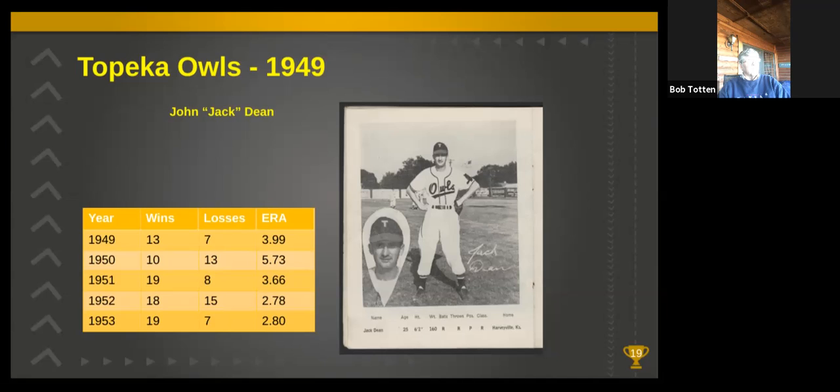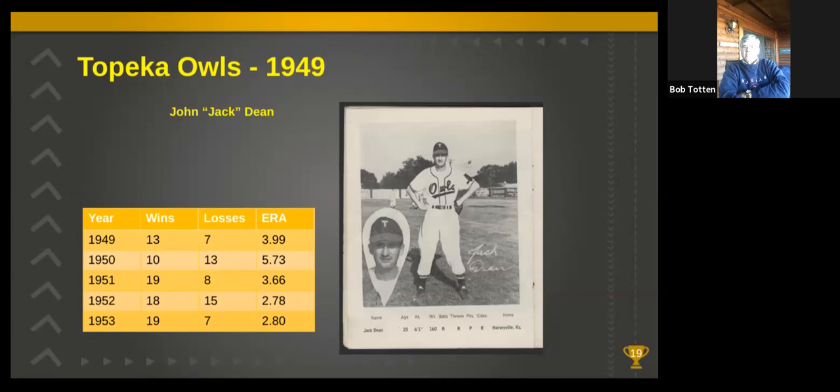'53 was his last year with the Owls, and at the time, Dean was said to be the most respected ball player in the Western Association. At the end of the season, even the Joplin team recognized Dean and presented him with a gift piece of luggage, perhaps suggesting for him to hit the road and not beat the Joplin Miners anymore. He served as assistant basketball coach at Topeka High during his baseball days. After he got out of baseball, he was the head basketball coach at Topeka High School and later at Seaman South High School.